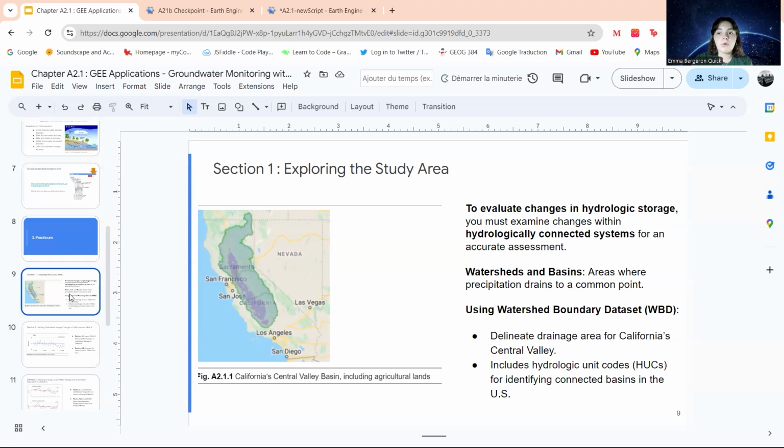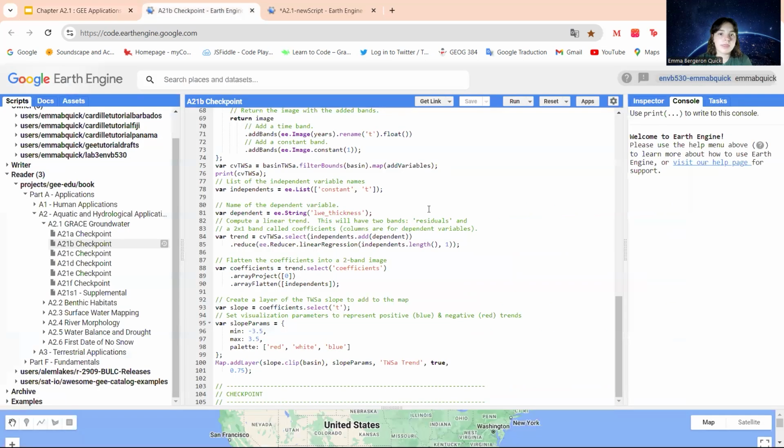And so we're going to use the Watershed Boundary Dataset to first delineate the drainage area for California's Central Valley. And using HUC codes, we're going to identify connected basins in the US. And then we're also going to find the reservoirs within the area. California has over 150 reservoirs distributed across the state. So we're going to start with the